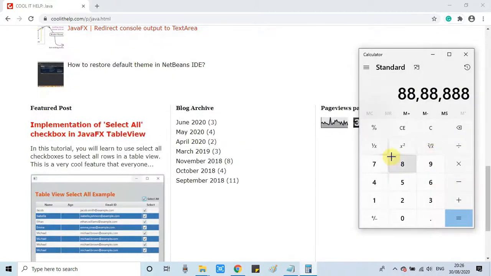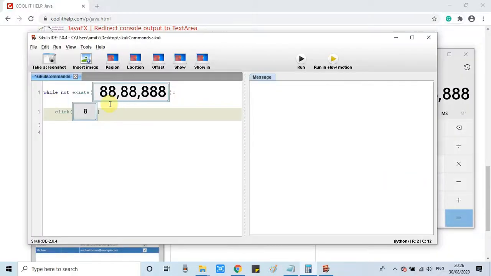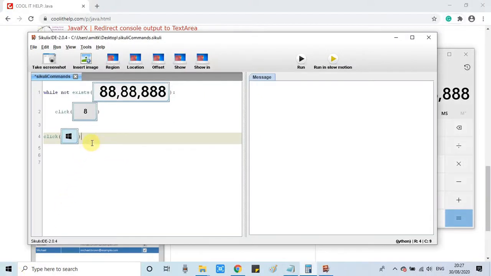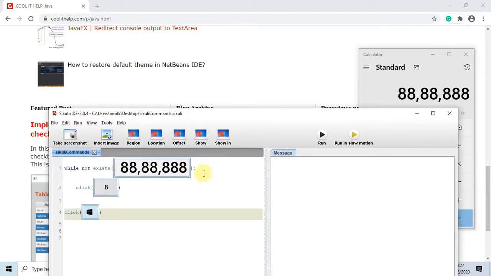So I'm putting this syntax right away. Okay, and we will perform the click activity until we get that number. As I told you in the for loop, if you want to put some statement outside the while loop or a for loop, then you have to go to the very left side and type. So that statement will not be included in a while loop or any loop. This is just for demonstration. After breaking the while loop, we will click on this start button.